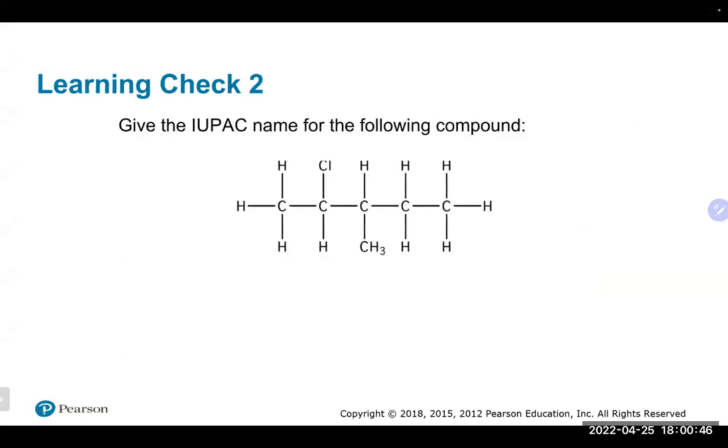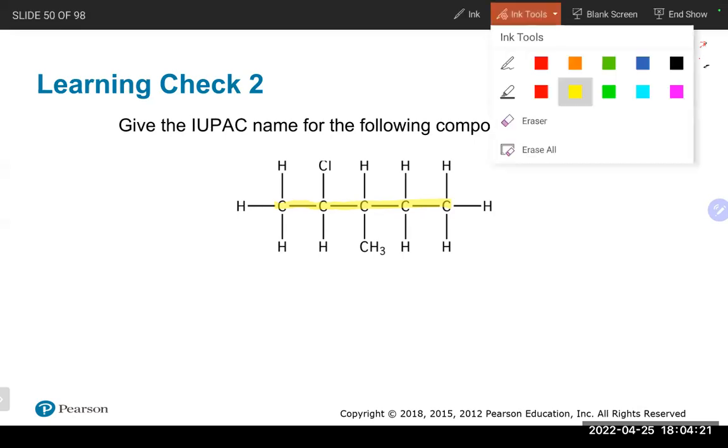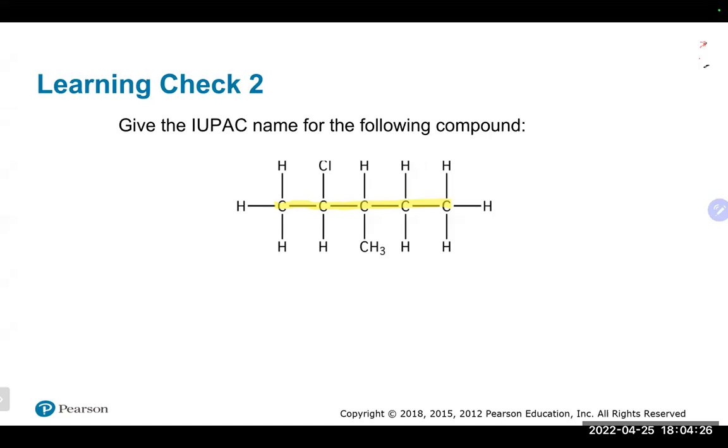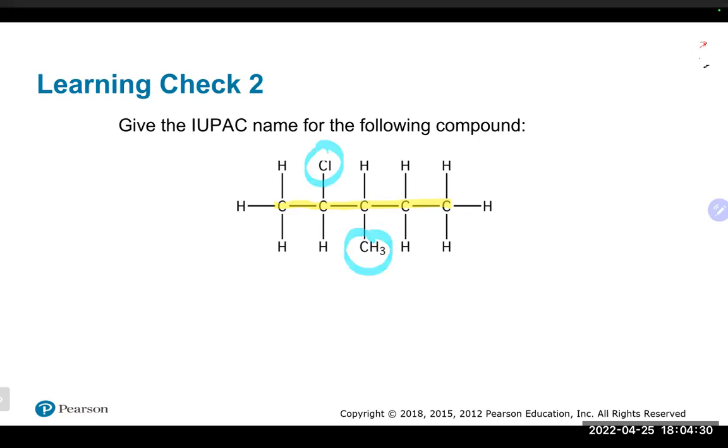All right, so why don't you take a second here and name this guy and see what you come up with. Longest, I believe. So that is 1, 2, 3, 4. Really, your only other options go straight then down, which would give you 4 as opposed to 5 straight across. So 5 looks like the longest continuous carbon chain. That also means that we got a couple of groups off of it, one there and one there as well.